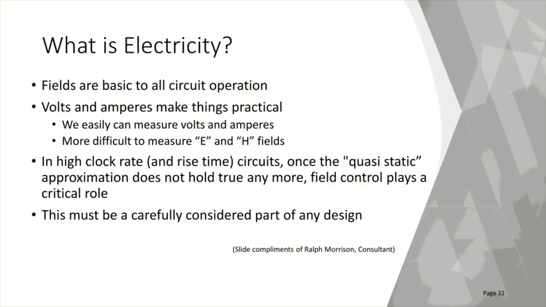So when you put an amp meter in series with one of the conductors, you're really measuring how much field is going past it by checking to see how much of the field energy is interacting with the structures that you're using in the meter itself. So a certain amount of the electromagnetic field energy is going to be converted into heat or kinetic energy as these fields interact with